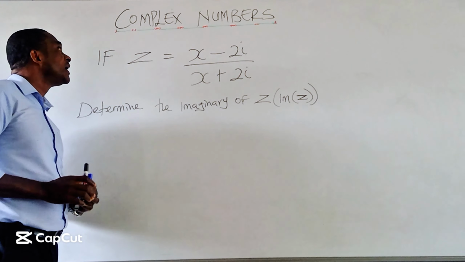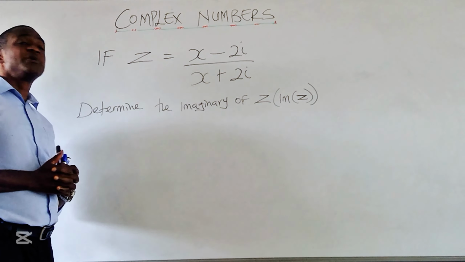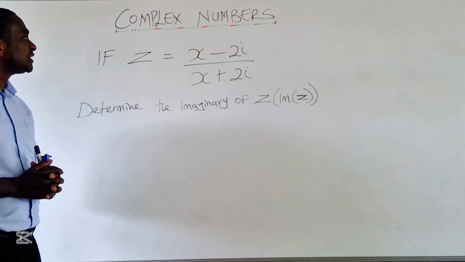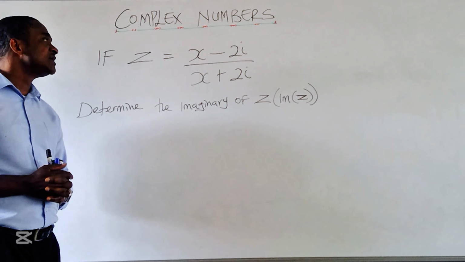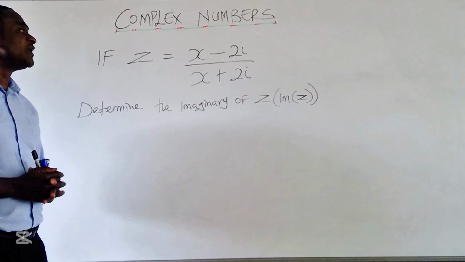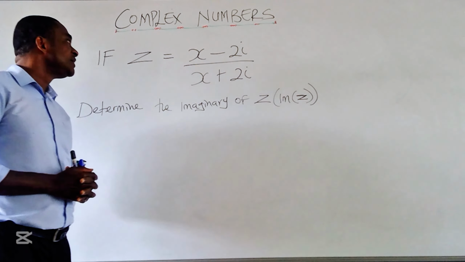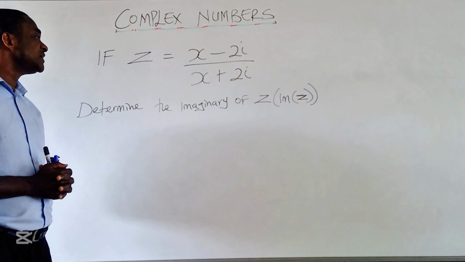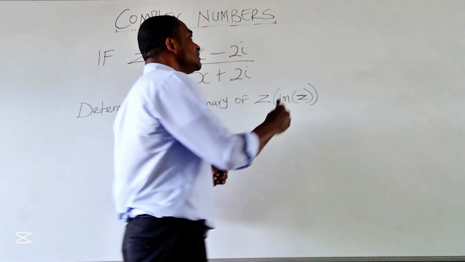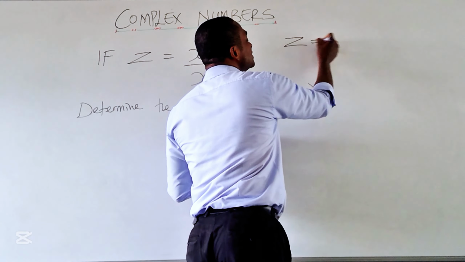Hello people, let's look at a problem of complex numbers here. We have this equation given. They are asking us, if z equals x minus 2i divided by x plus 2i, determine the imaginary part of z. One thing we need to remember is the complex number is written in the form of